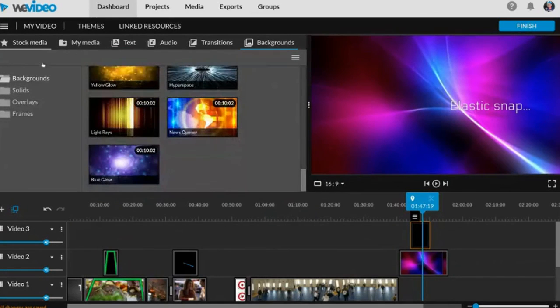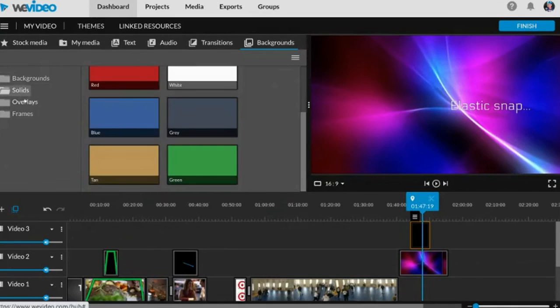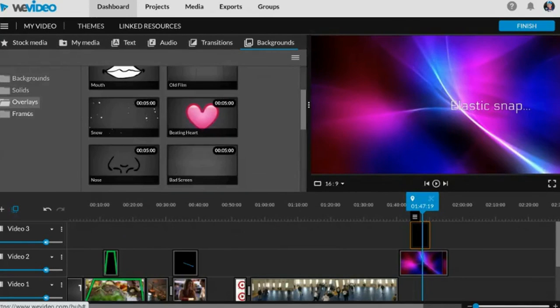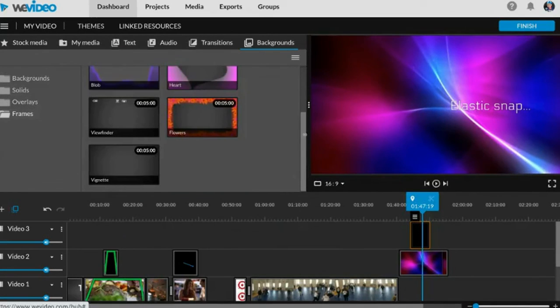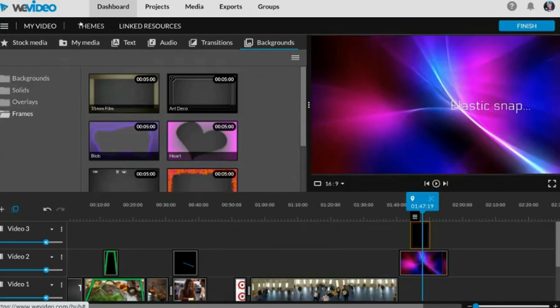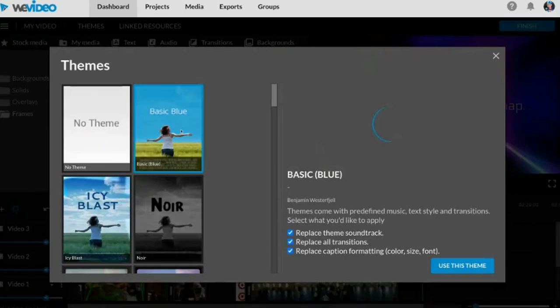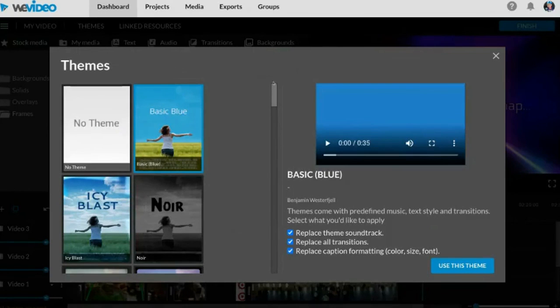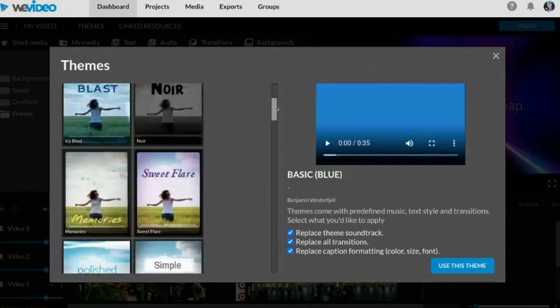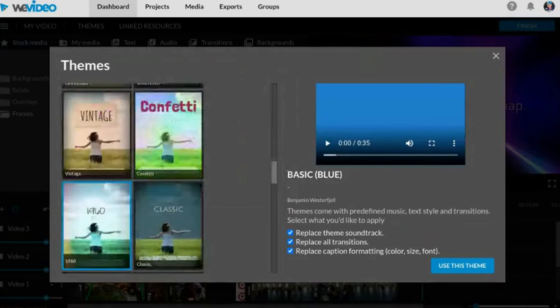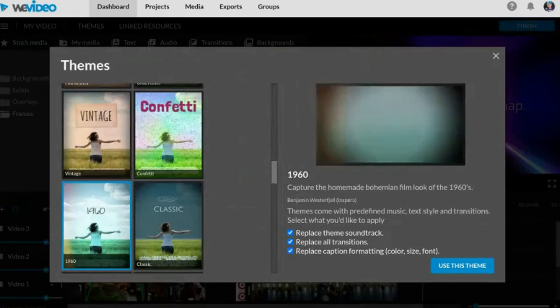So some cool backgrounds, solids, solid background colors, overlays, frames. Yeah, so some decent things that you can do. I believe we went over themes. If you wanted to do a theme, sometimes that helps with picture slideshows. If I wanted to